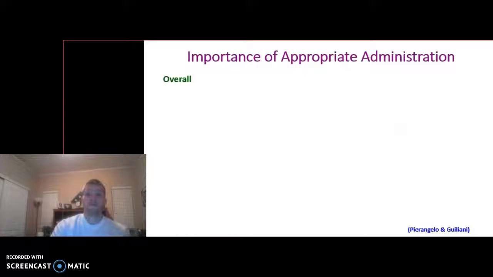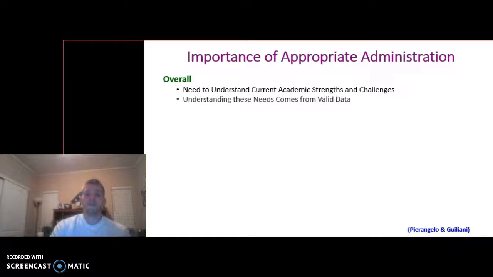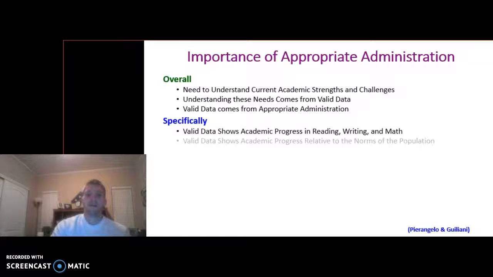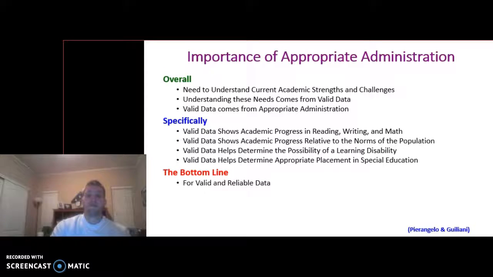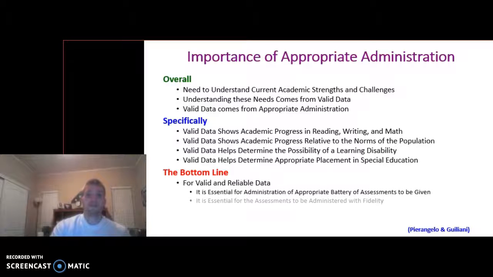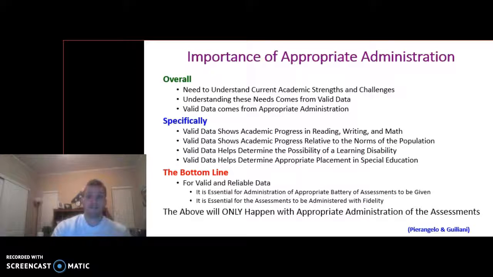The importance of appropriate administration. Overall, we need to understand our students' current academic strengths and challenges, and understanding these needs comes from valid data. Valid data comes from appropriate administration, and so specifically, valid data shows academic progress of our students in reading, writing, and math, as well as their progress relative to the norms of the population, and helps determine the possibility of one of our students having a learning disability, as well as what placement might benefit them in special education